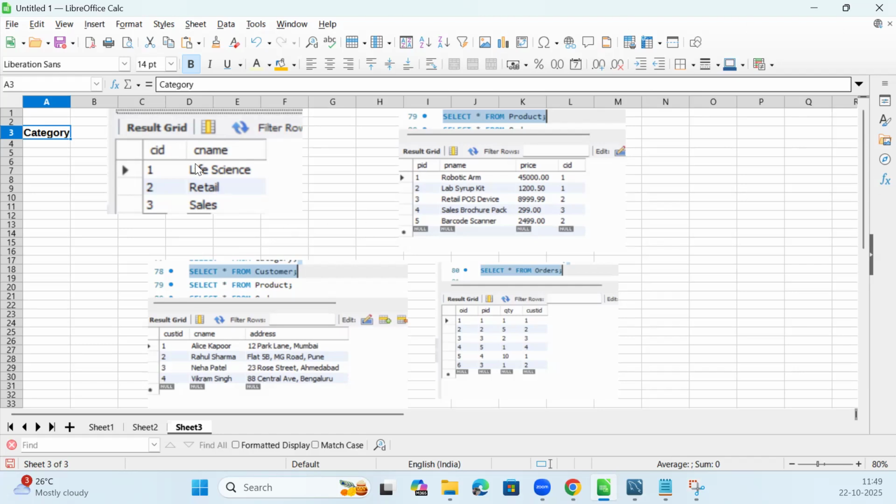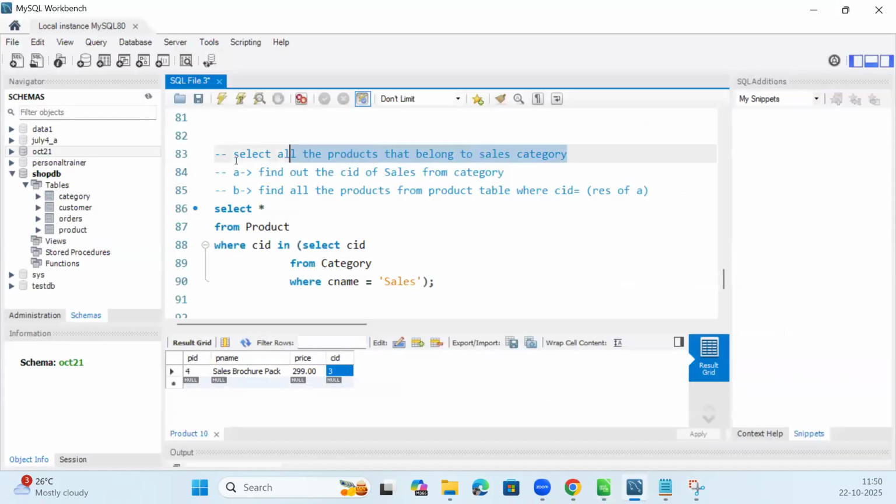Because a life science CID is 1. For 1, how many do we have? Robotic arm, PID 2, that is lab syrup. The second one is retail. We have retail POS and we have 5. Okay, these have to be given. But right now we do not know the CID to map here. So the same question we have to tackle by the next part, that is